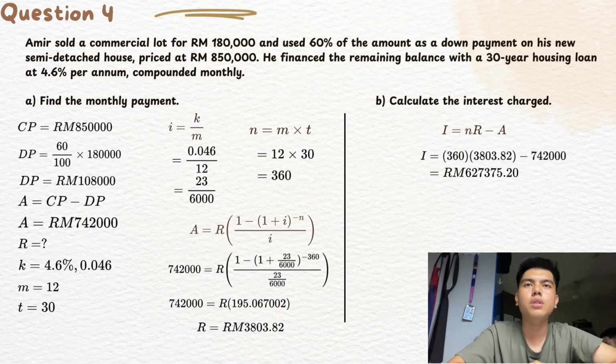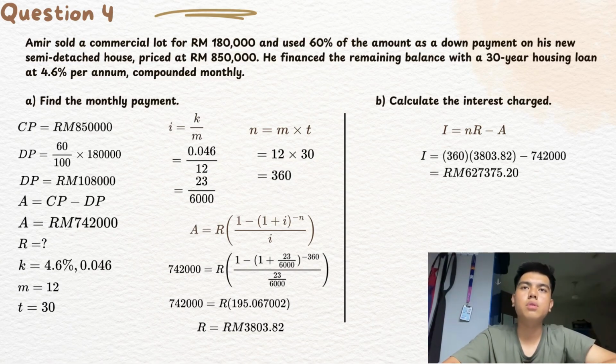So we can find A using the formula A equals CP minus DP, which means 850,000 ringgit minus 108,000 ringgit, which equals 742,000 ringgit. So we have A, which equals 742,000 ringgit, R, which is the monthly payment that we have to find, K is 4.6%, M is 12 because it is mentioned in the question that it is compounded monthly, and I is K over M, which is 23 over 6,000, T is 30, and N is M multiplied by T, which is